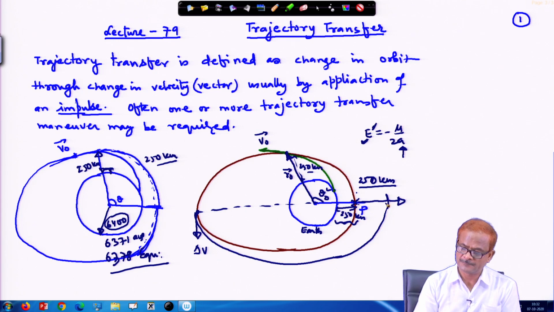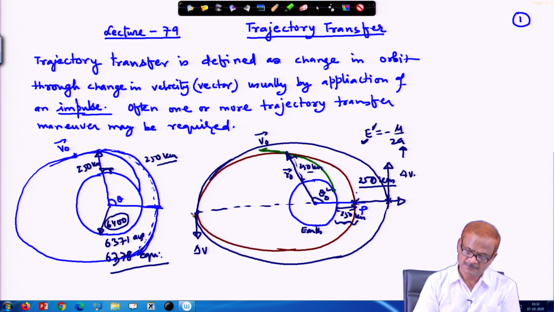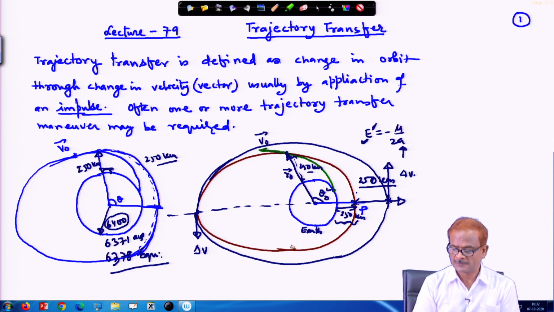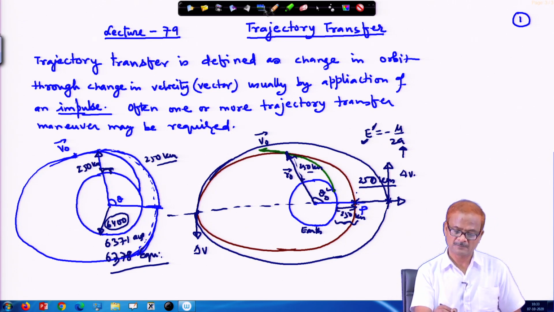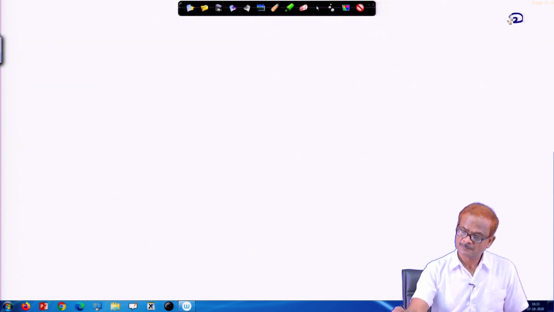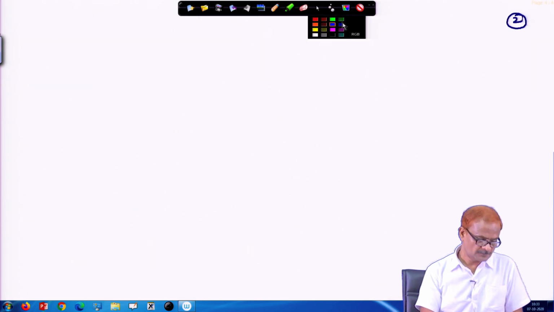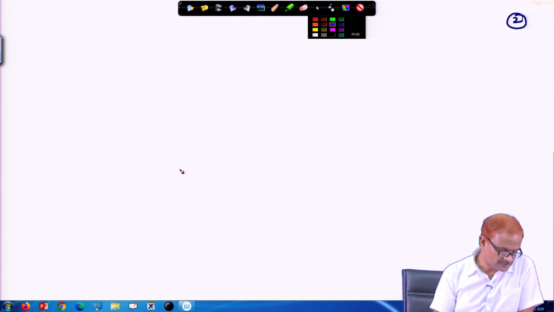This way your orbit will look something like this. So, this is the changed orbit. Now it has come to this place, then you may like to raise this one, so you give an impulse here at this point by delta v. This point will be raised. This way you can circularize the orbit, or you can make it elliptical, you can increase the altitude or decrease the altitude, depending on your requirement. These issues we have discussed earlier also.